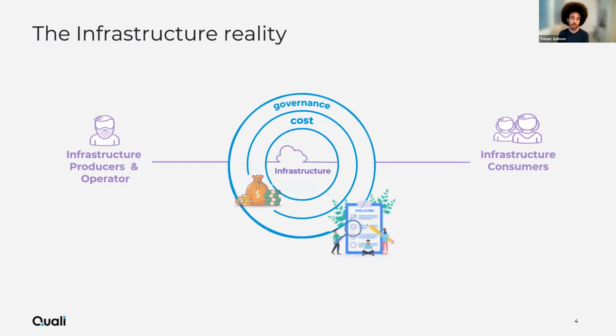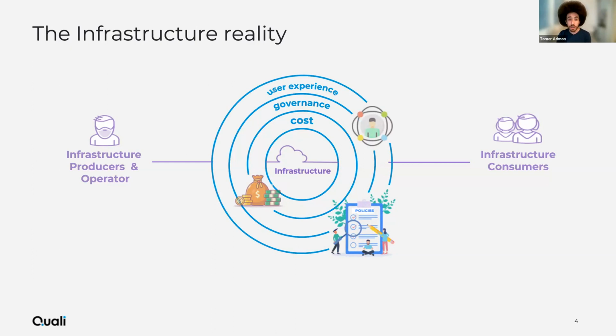Now, when we orchestrate infrastructure, we obviously need to make sure we are bound to the governance, policies, and compliance regulations within our organization. It might be something extremely simple in a small startup. It might be extremely complex in a financial service or a DoD environment, right? So the infrastructure must be compliant, and the experts need to make sure that they are providing the right security tools, the right policies around it. And we need to make sure that only the right people have access to that infrastructure and only to that infrastructure.